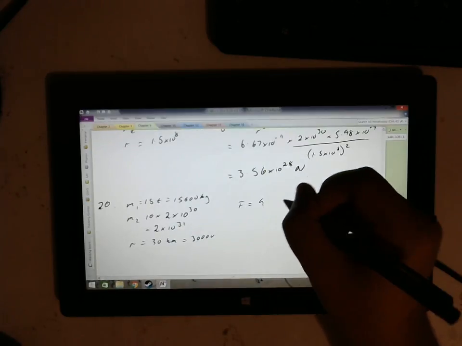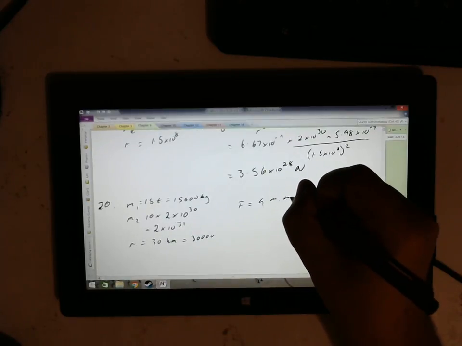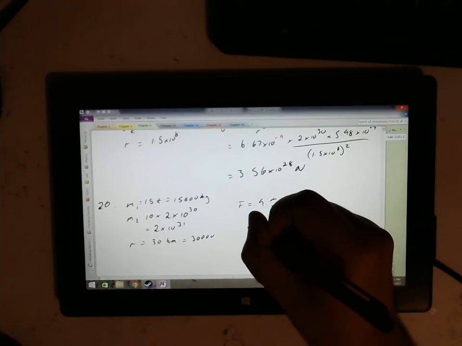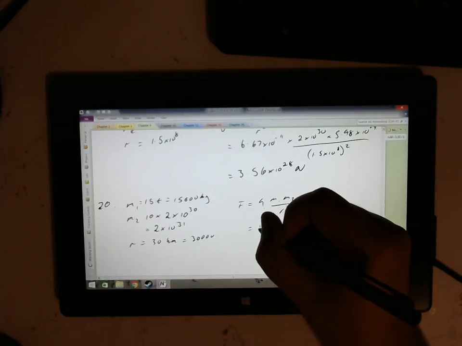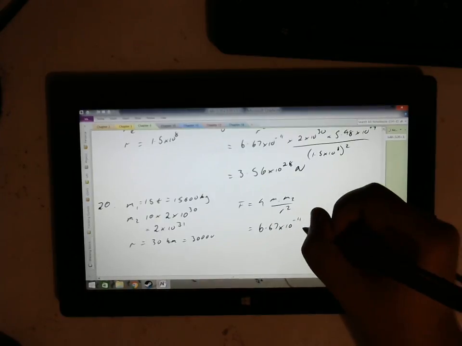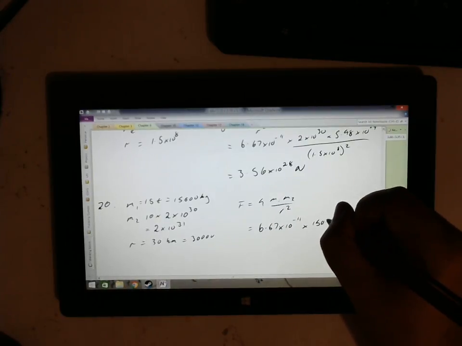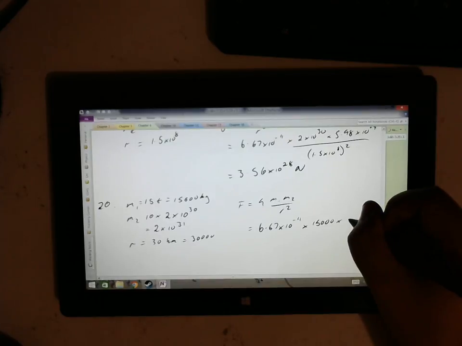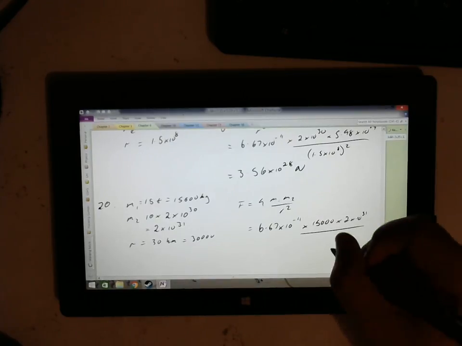Force equals G m1 m2 over r squared, equals 6.67 times 10 to the negative 11 times 15,000 times 2 times 10 to the 31 divided by